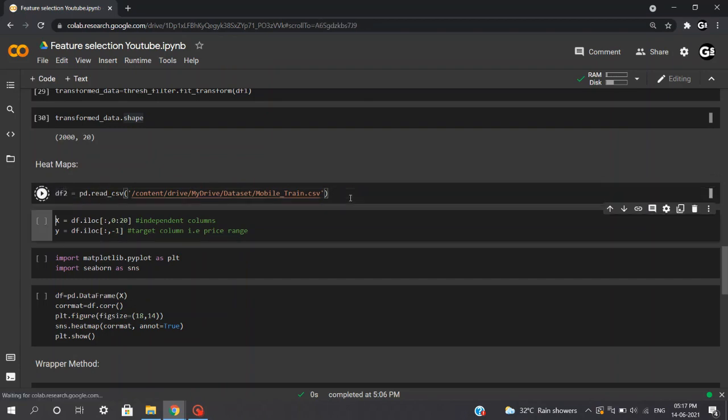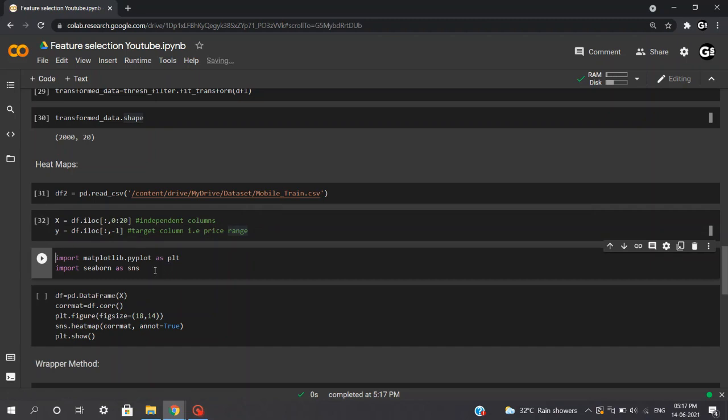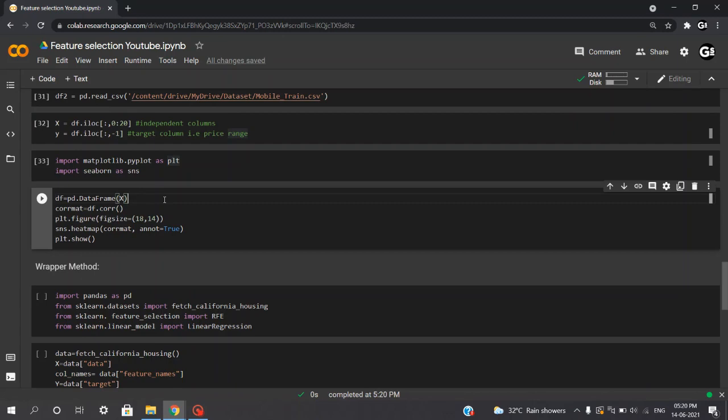Let's execute this. Now here we'll repeat the previous steps, such as separating our independent and dependent features into X and y. And here we'll be importing some visualization libraries which we will require, such as matplotlib as plt and seaborn as sns. Now let's proceed to plot our heat map.